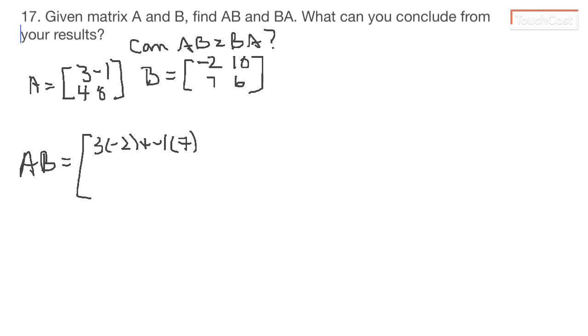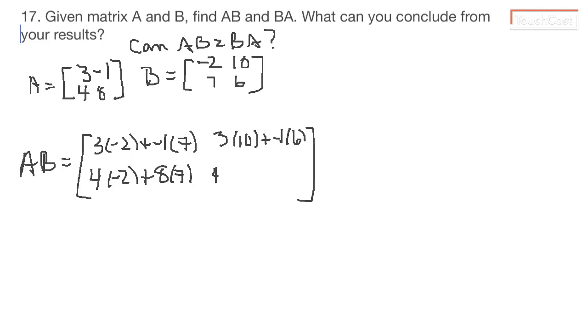And then in the second element of that first row, we're going to have 3 times 10 plus negative 1 times 6. And then we're going to have 4 times negative 2 plus 8 times 7 and 4 times 10 plus 8 times 6,